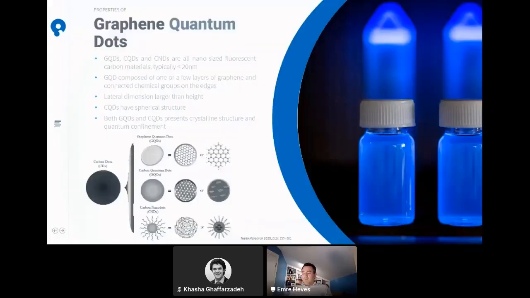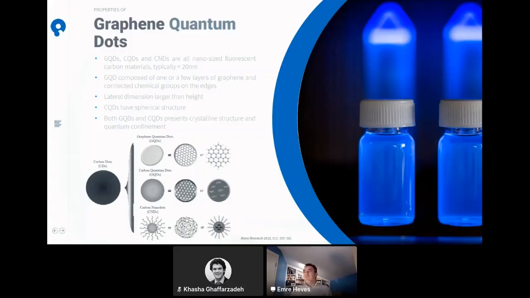So graphene quantum dots are nano-sized fluorescent carbon materials, and typically their sizes are below 20 nanometers. A graphene quantum dot is composed of one or a few layers of graphene connected to chemical groups on the edges. So their lateral dimension is larger than their height. It's like a very small rectangular shape. And carbon quantum dots have a spherical structure,